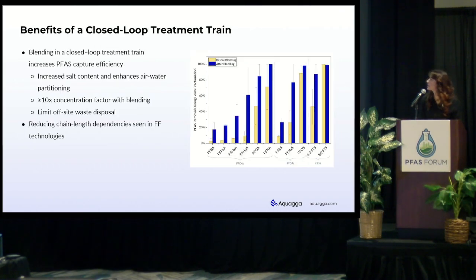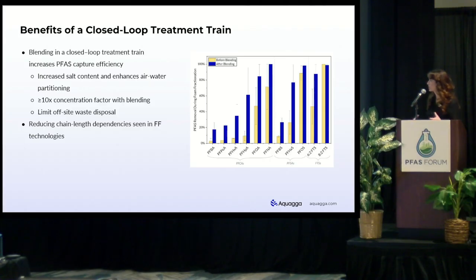Okay, and then the actual closed loop aspect of this project. Explain this graph a little bit. We have before and after blending. Before blending is going to be that initial foam frac to HALT, just one run destruction, and then the after blending was the recirculation through with the 3 batches itself. So we got 10 times concentration factor with the blending,